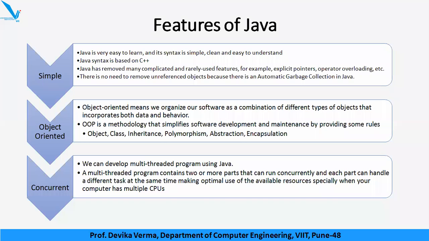So Java is considered to be, so we all know, right? If you look at the chronology, it was first C, then C++, and then Java came, right? So Java is considered to be easy to learn because most of the syntax in Java is similar to the syntax of the programming language you have earlier learned, which must be C or C++. Okay, and in Java they have removed all the complicated things like pointers and operator overloading, which is there in other object-oriented programming languages like C++.